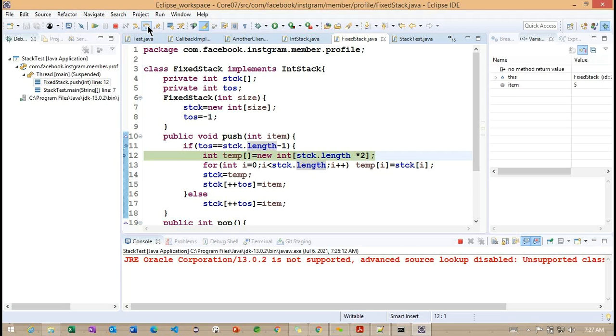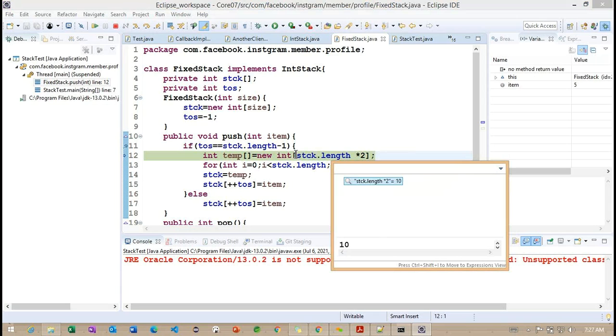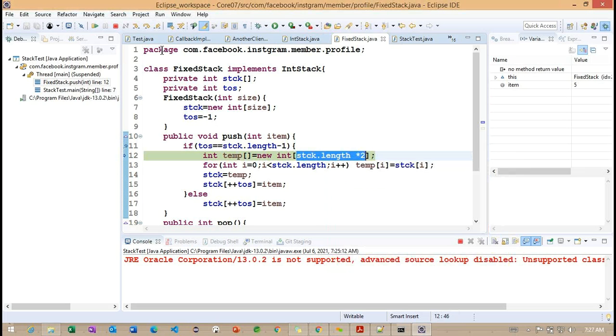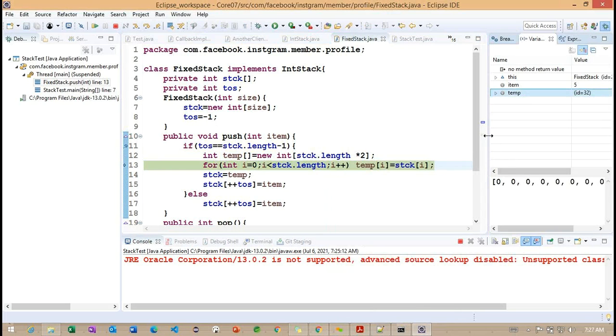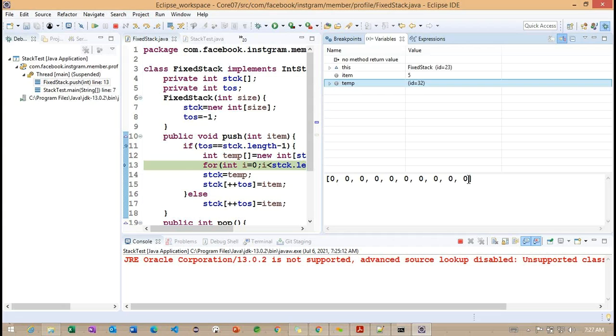Now I'm creating one more int array. Right. So with the help of this particular size, what is the size we are going to create here? Now you can see the size we are creating is 10 here. So based on this particular 10, we are going to create one more temp array. Now you can observe this particular temp is going to store how many values here? 10 values. Now you can count here, it will become 10 here, 0 to 9.